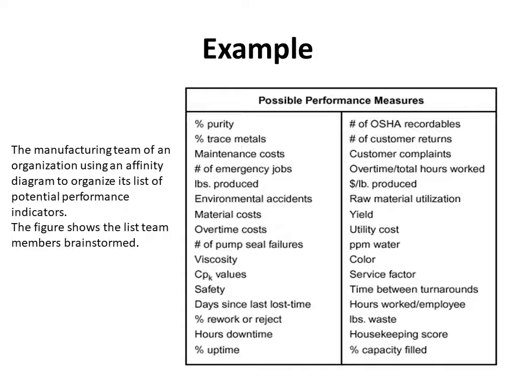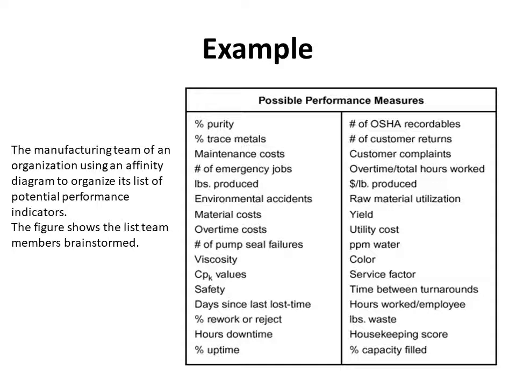Here is an example showing how the affinity diagram is being used in many organizations today. This example shows a manufacturing team of an organization using the diagram to organize a list of potential performance indicators. The figure shows the list the team members brainstormed, and some of this list includes percentage purity, percentage